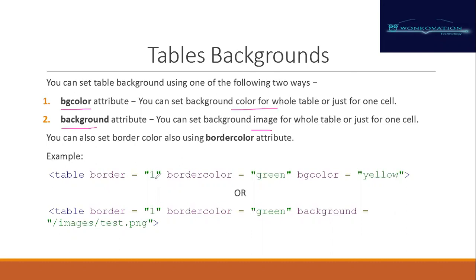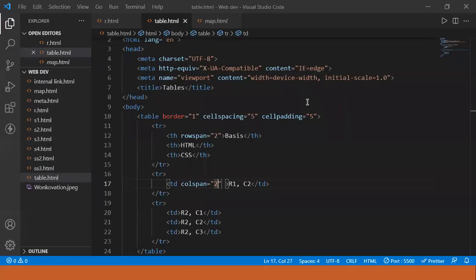So how are we going to write it? The first attribute will be border, which we have done earlier. Then bordercolor. We can also give the border color. By default it will be black. If you wanted to give a background color of your wish, you can write the bordercolor and the color. If you wanted to set the background color of the whole table, we will write bgcolor and the color. Now, if we wanted to insert an image, we will write background and the image path. Let us see how.